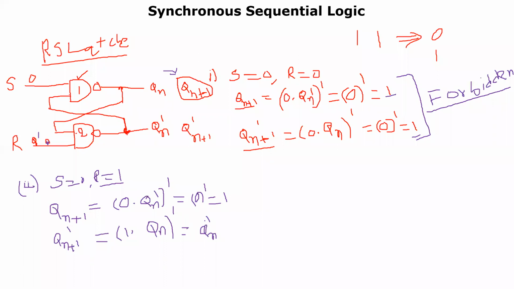Then what is the Qn complement? Qn whole complement value. So previously, what is the value you got? So that is 1. So 1 whole complement will be equal to 0. So here you could clearly understand that Qn plus 1 value is 1. Qn plus 1 whole complement is equal to 0. Yes, it is okay. It could be available in such a fashion. So this particular state will be called as a set state.